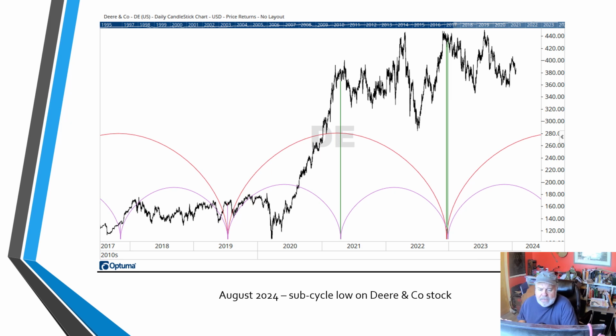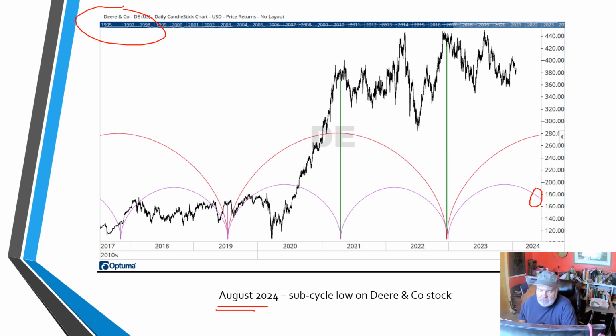And so if I take a chart then of Deere and Company, here it is, daily chart. I'm looking then for the same kind of cycles that I was looking for on the wheat. And sure enough, the periodogram analysis helps me along. And the next thing you know, I'm identifying that later this summer, like in about August, there should be a cyclical low that comes in on John Deere and Company.